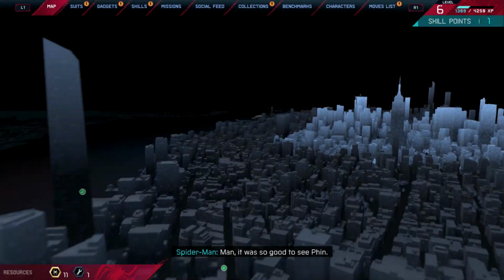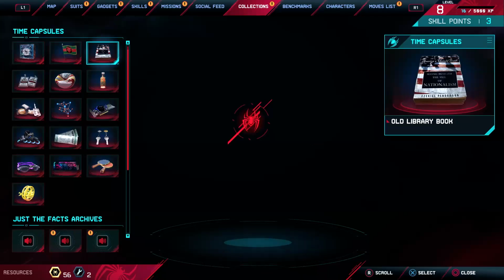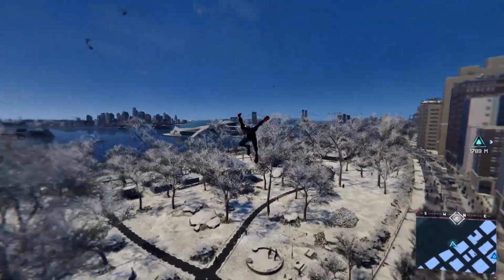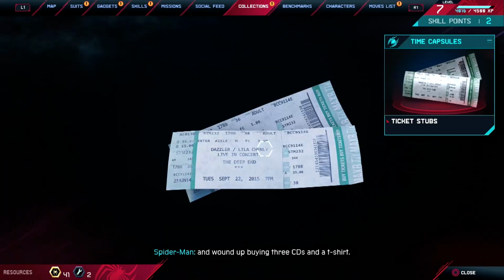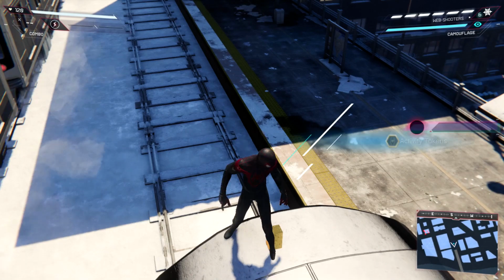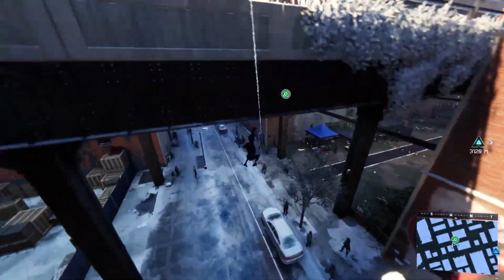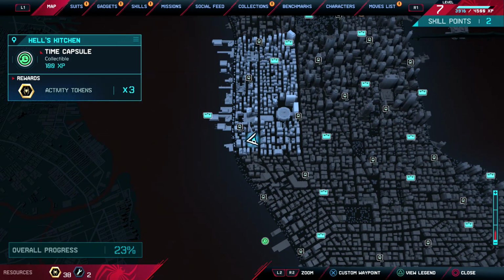There are about 16 different time capsules scattered across the map for players to discover. All of them are callbacks and nods to previous stories that Miles had once experienced with his friend Finn. And upon collection of each and every single item, we are left with 3 notable ones that scream Easter eggs. We have the Wakanda flag, the ticket stubs, and the graphics card. But as I've previously covered the Wakanda flag, we're going to skip it for this video and focus strictly on the other 2 items. The ticket stubs and graphics cards are actually 2 references and Easter eggs to the Marvel X-Men series. Starting with the ticket stubs, if we head to Hell's Kitchen and make your way to this location,